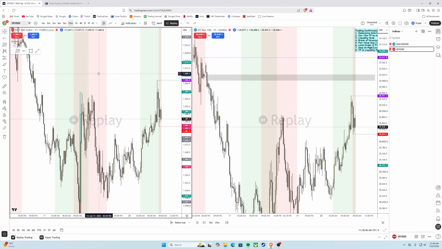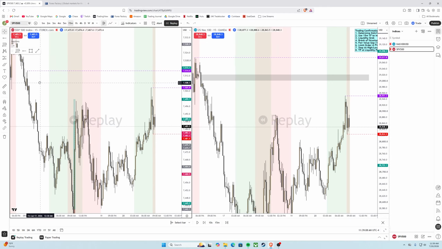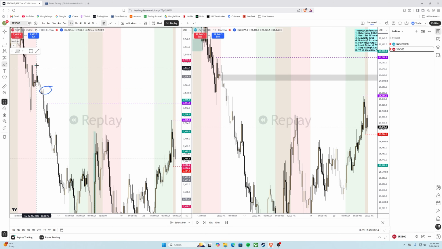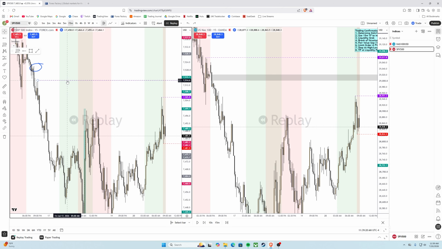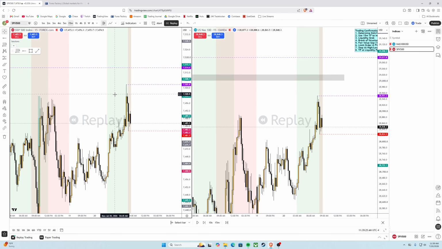Now, the same idea if we look at the S&P. We have the London highs, clear as day right here. Now this is the next 15-minute high that's directly above it. Technically speaking, you could use this high, but this high is very close to this high. Look how close the rays are. So I wouldn't really do that. I would just have it like this, and these would basically be the targets I'm looking at. Of course, you have potential highs here, and if you go higher you have more here, but for me, there's no need to get ridiculously aggressive. These are the immediate targets that I'm seeing.